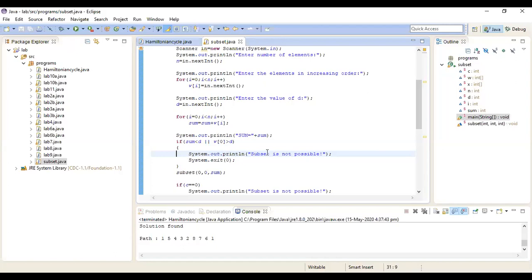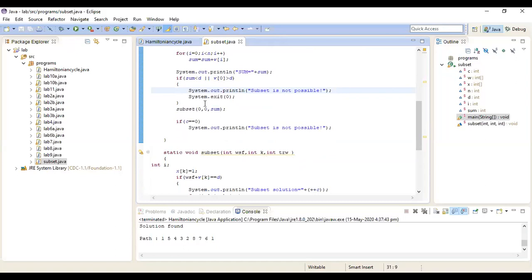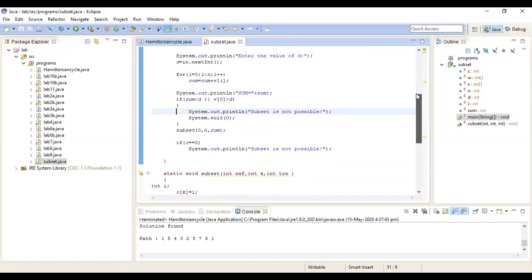If this condition is not true, that is if sum is not less than D and W of 0 is not greater than D, then I call a method, that is the subset function. So this subset, I am passing 3 values here, the 2 zeros and the sum. So initially, if you can see here,